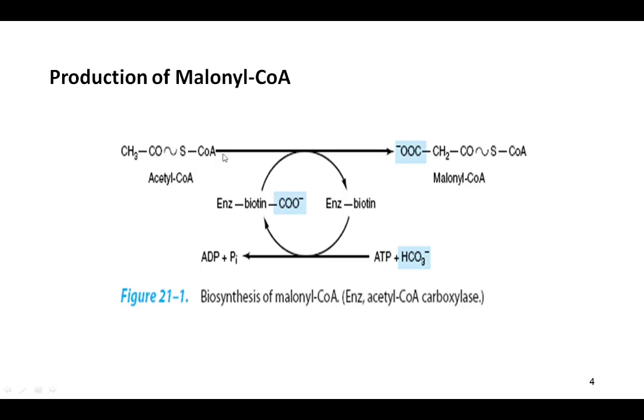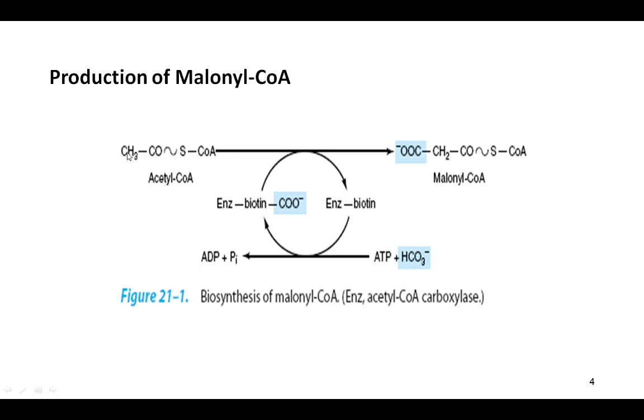To understand this cycle, you start the reaction from here. The acetyl coenzyme A carboxylase biotin complex, ATP and bicarbonate come, the reaction happens, it forms the carboxylated enzyme biotin complex, and this carboxyl group of the enzyme biotin complex combines with acetyl coenzyme A and forms malonyl coenzyme A, and again regeneration of the enzyme biotin complex happens. These things are written in your book. If you see this two or three times, you will be able to understand. For your purpose, even if you don't know the structure, it's completely fine. You have to remember the names of acetyl coenzyme A and malonyl coenzyme A.